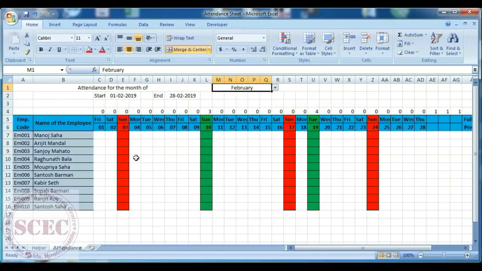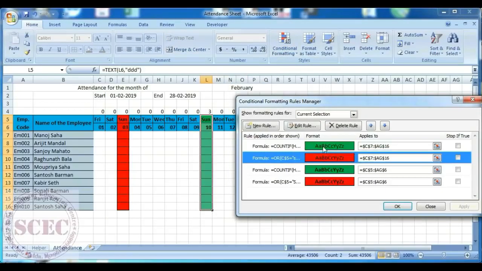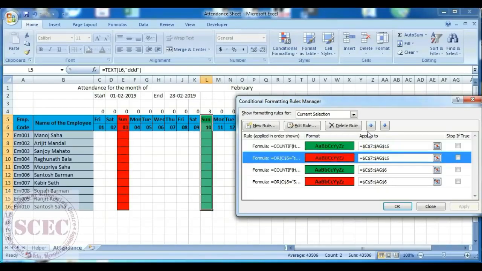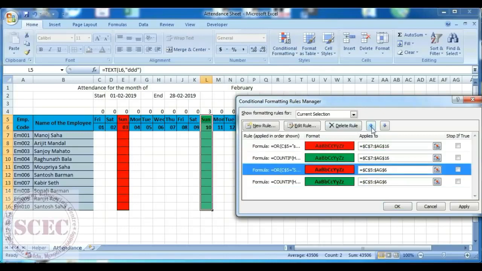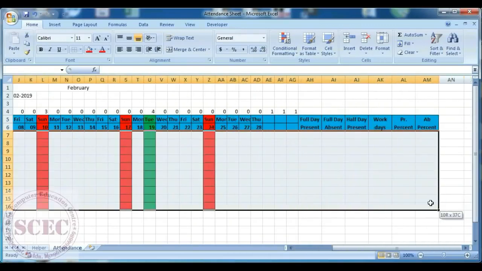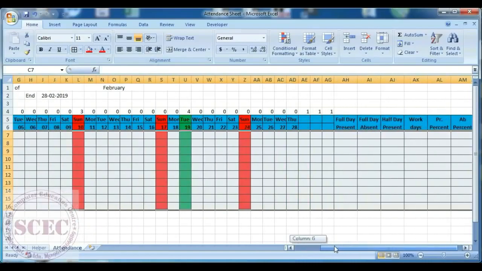We take February, the column has been changed, but the problem is that here Sunday is green. This is because in conditional formatting we have given all the conditions, but here green is above the red. Here it's Sunday and a holiday both. So both conditions are met and the first condition is green, so it's showing green. So if we put red above the green, then this problem will be solved. Same. So now we will give border to the rest of the table with all borders. So now it's all done.